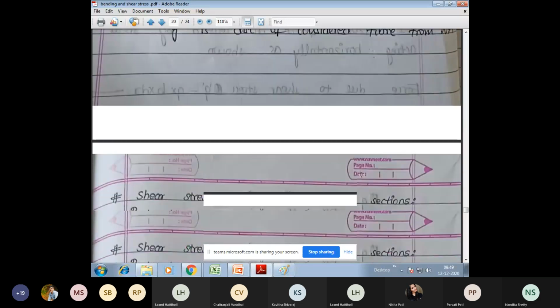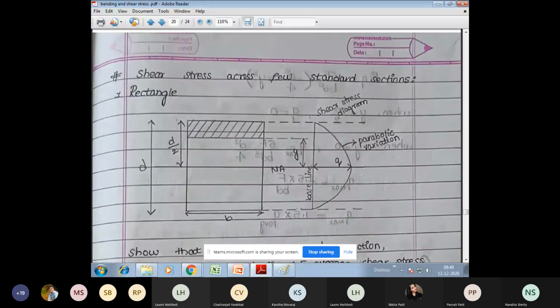Okay, so now this is about the shear stress formula. After this shear stress derivation, another thing you need is the standard derivation for a rectangular section. After this, I'll continue with the numerical examples. Now, what is the standard derivation for shear stress for a rectangular section? Please observe this: shear stress across a few standard sections. Here I am taking a rectangular section. In this particular derivation, you will clearly understand how the formula has to be applied and how the shear stress variation diagram has to be drawn.